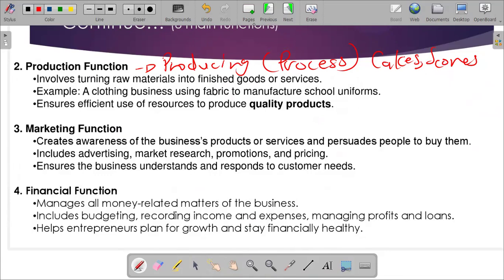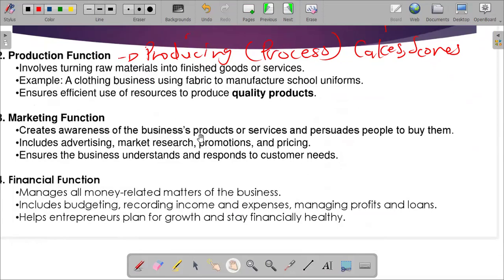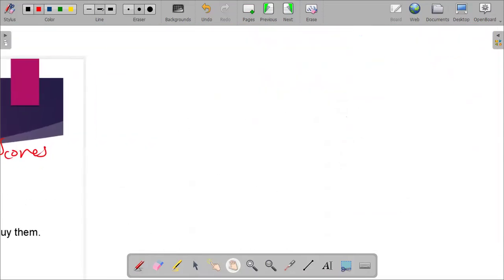Now we're turning those raw materials into products now. Cakes and scones. All right. So the production function involves turning raw materials, your flour, your sugar, your salts, and whatnot, into finished goods and services, which are cakes and scones. Example, in our sense, so I don't want to use these other examples. Mduduzi will turn the, so let's just rather put it here and say